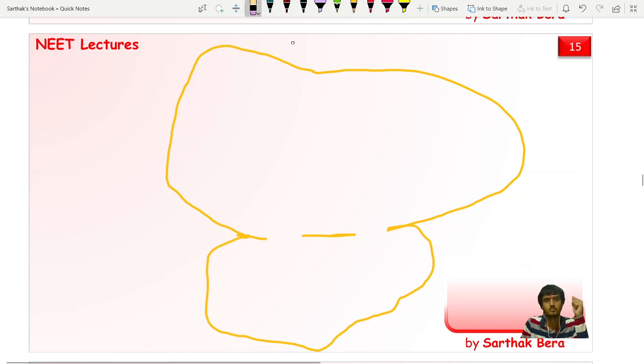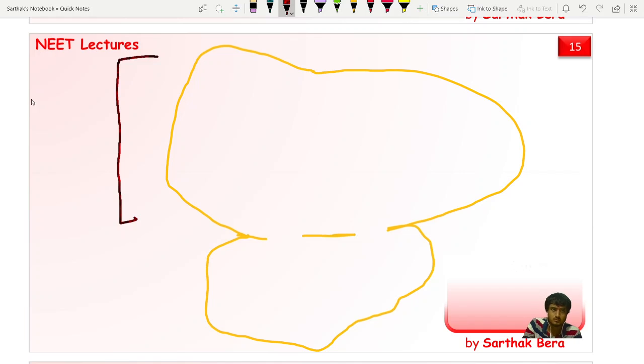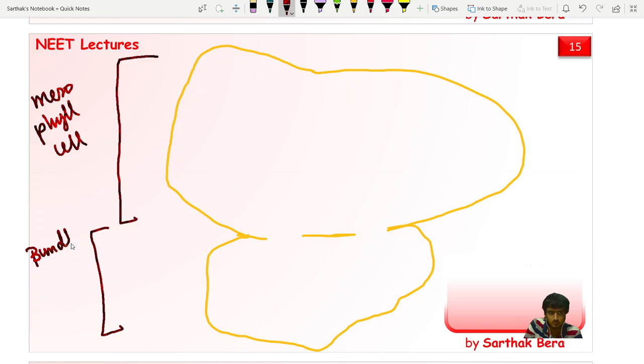Okay, so this basically is the mesophyll cell, and here is the bundle, and this here is the bundle sheath cells. Okay, and in this mesophyll cell,